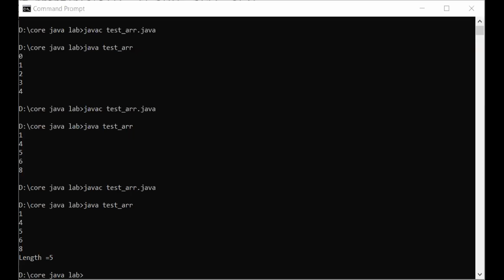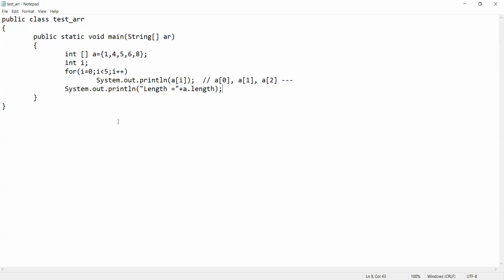Now there is one more loop that we can use in the array, that is called as for each loop. तो सबसे पहले उसकी सिंटेक्स देख लेते हैं. array के लिए स्पेशल लूप जो मैंने बताया आपको, for each loop, तो for data type of the variable, then variable, comma, name of the array, array का नाम आप देंगे, and then you will print the variable. So basically what this loop does, it access each and every value of the array one by one, stored into the variable. So if I will display the variable, I will get the values stored inside the array.